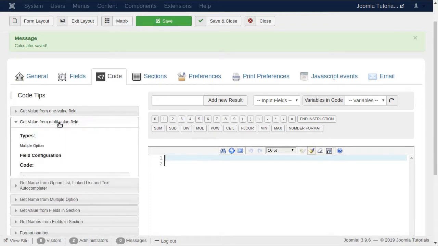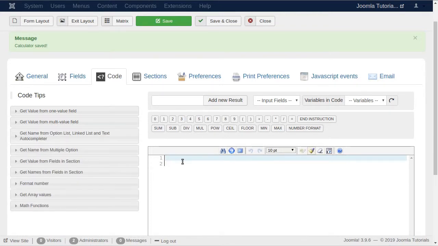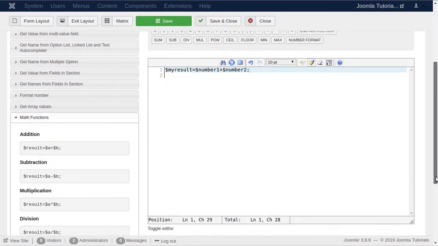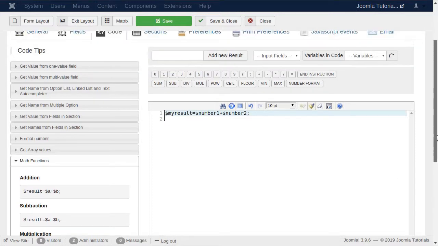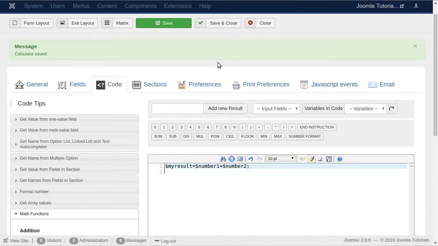The main rules you need to follow. 1. The result is at the left side, and then you write the equal sign. 2. You can use almost every math operation you can think of, and many other functions. 3. Every value, either a result or an input field, must be preceded by a $ sign. 4. Every operation must end with a semicolon. Simple math functions are explained here, so in order to build our sum, we write $myResult = $number1 + $number2;